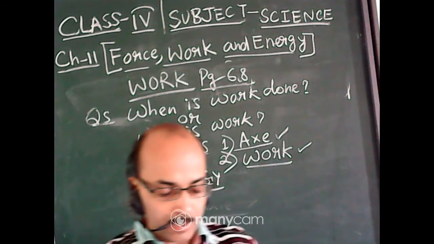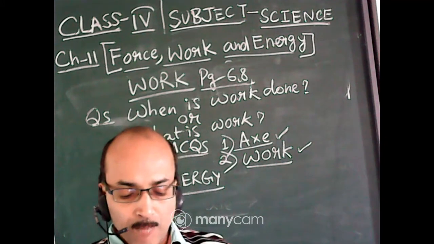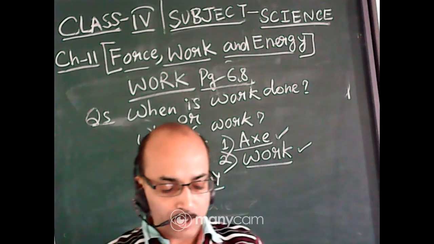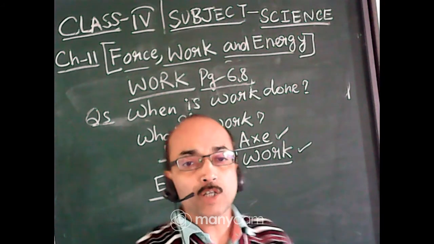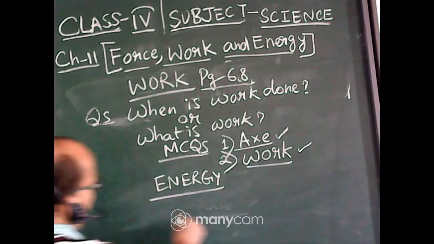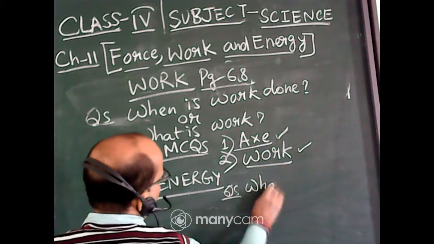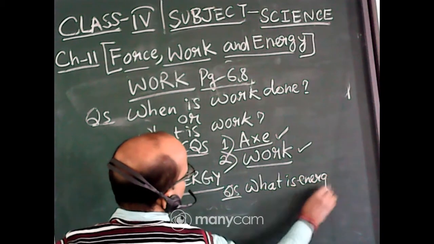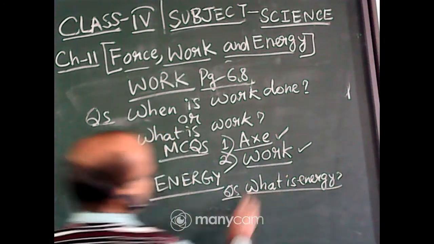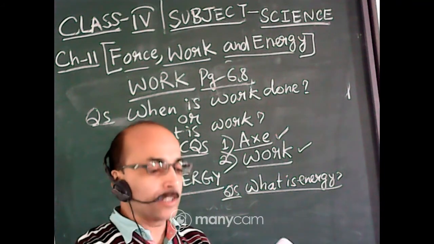Sources of energy. Most of the energy on the earth comes from the sun. Some of the sources of energy are wind and water. So the main source of energy is solar energy, or the energy of the sun. So here I will learn, the question is, what is energy? Energy is the ability to do work. Okay, source of energy now we will learn.